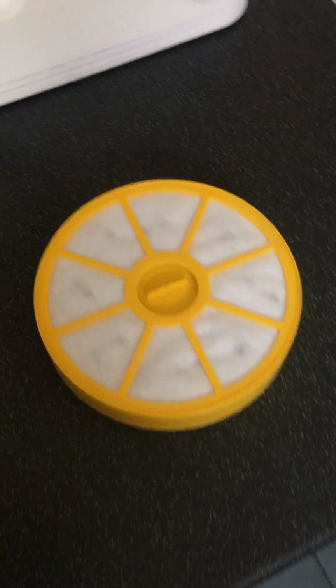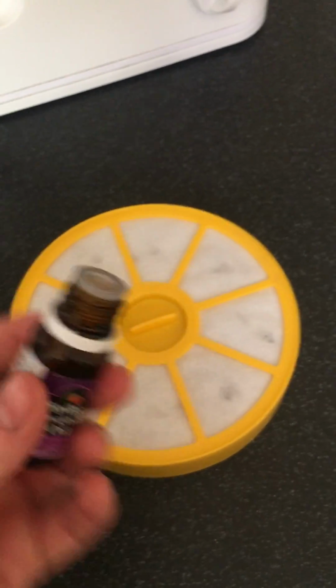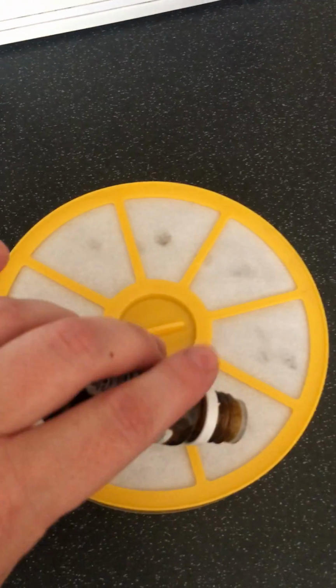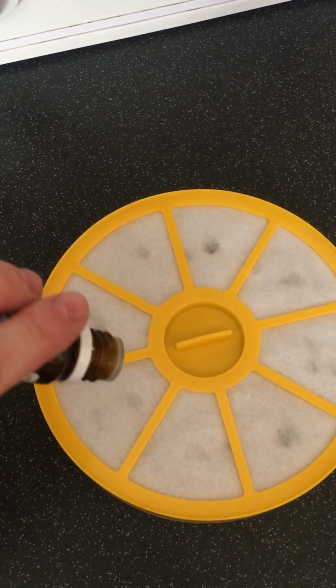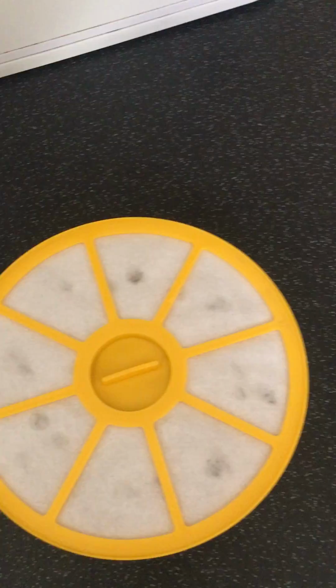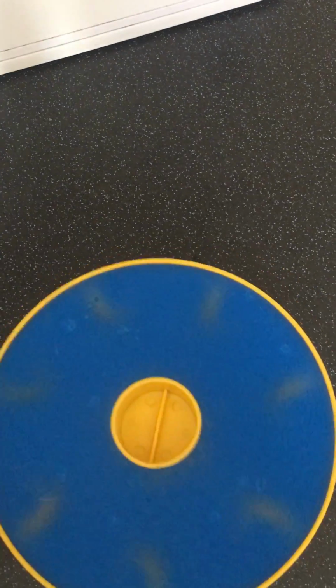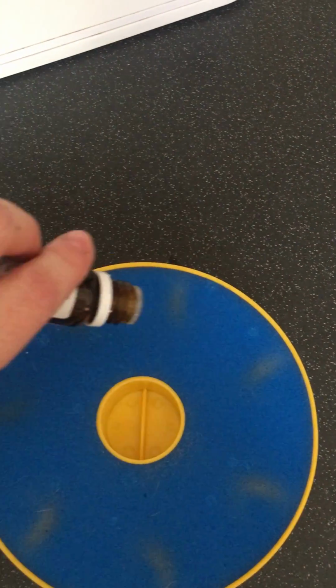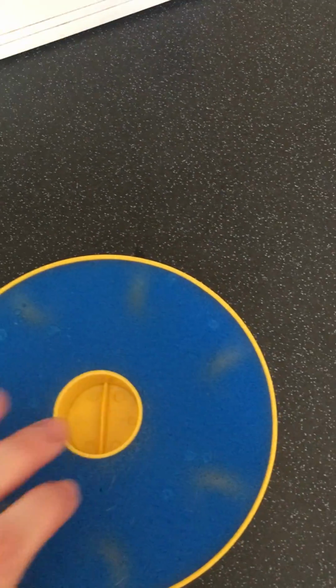And then next what you're going to do, you're going to take your essential oils and you're going to basically just put a dab on each one. And turn it over. I'm just going to dab a little bit there on the spongy bit,